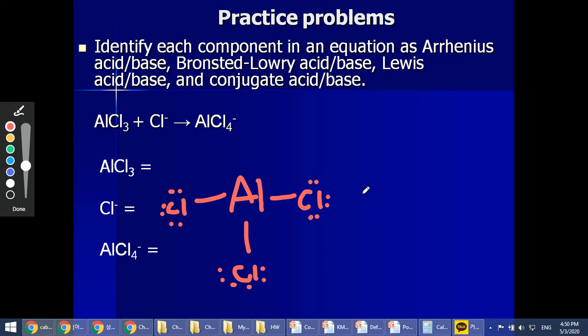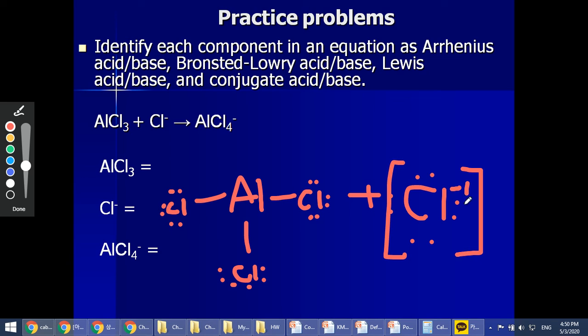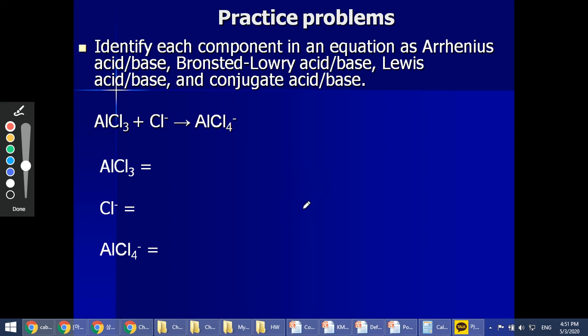And then on the other side, we have chloride anion, which is because of having an extra -1 charge, right? This is going to basically look like this. Well, I'm sorry about that. This one should be -1 up here. Now, the 2 extra electrons here are going to be donated to the aluminum, right? 2 bonded over there. So when that chloride ion donates 2 electrons, now this aluminum is going to have 4 chlorides connected,